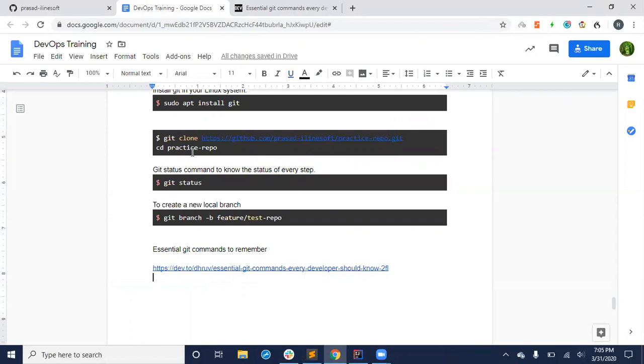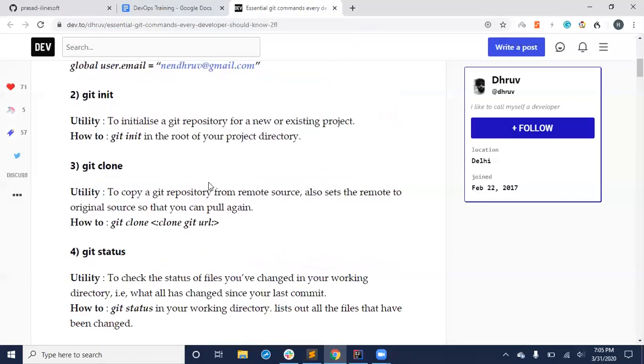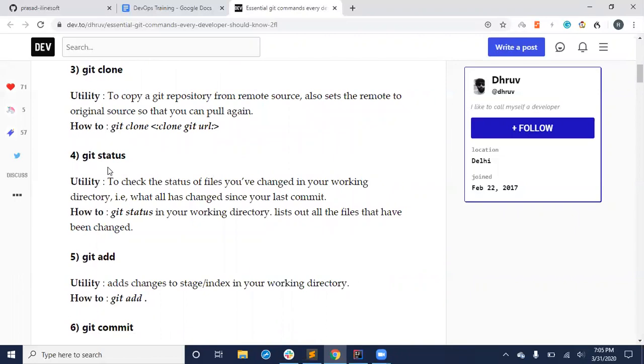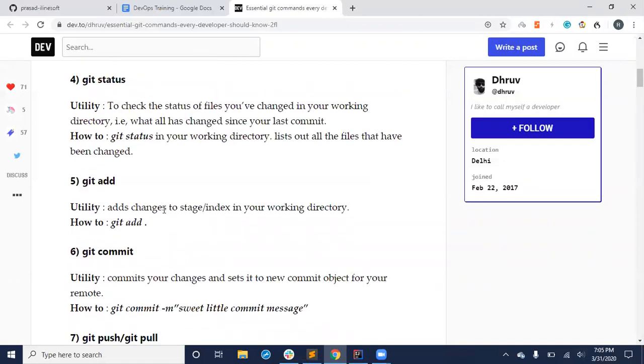Then we did cd to the respective name of the repo, and then we can check git status. With git status, at every moment you can check what the changes are. You make some file changes, and git status will tell you the status of the system or any changes required. Like in one case, we saw the file was changed but not added. Normally git add dot is a very dangerous thing. For a beginning time, try to add your own files specifically.